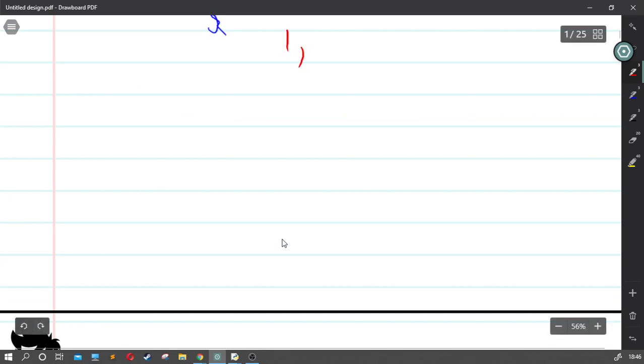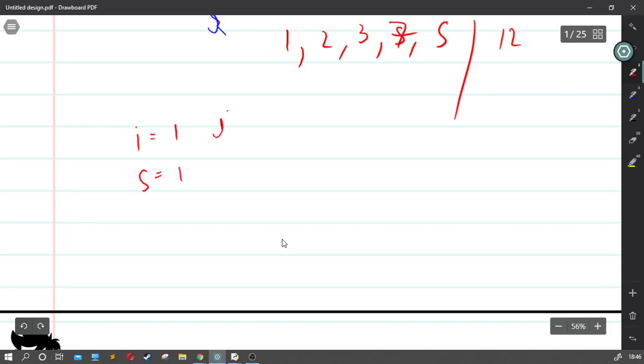So we have 1, 2, 3, 7 and 5. Our I is currently at 1, sum is equal to 1. I goes to 2, sum goes to 3, it's 1 plus 2. I goes to 3, sum goes to 6, I goes to 7, sum goes to 13.